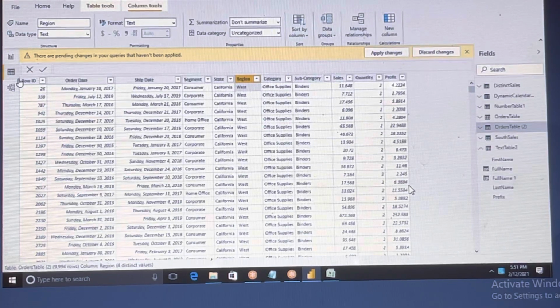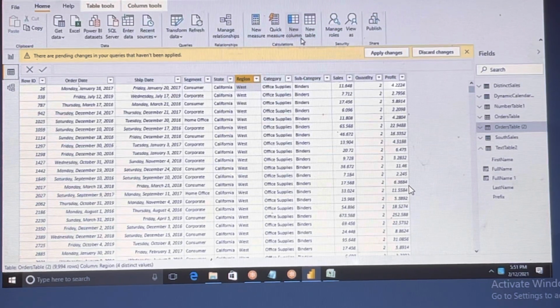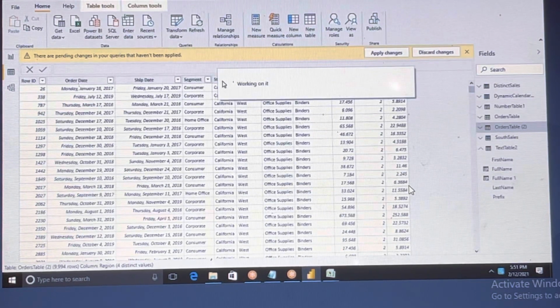Let's say, click on this one and go to the home menu bar. If you don't see the new column, new measure, click once. Whenever you are in the data view, go to the view or home menu bar and you can see all this stuff. For now, I'm selecting the new table.